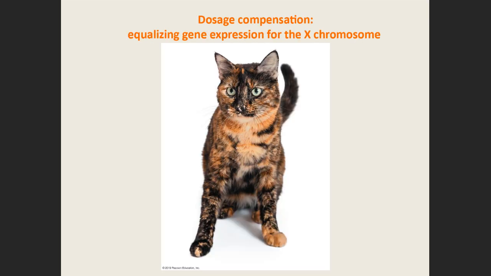Now, one of my favorite slides. I told you females can show mosaicism if a phenotype can result from expressing one X or the other, and there's a locus on the X chromosome of cats, which is called the orange locus, that has different alleles, and you see that all the cells from these patches on this cat all originate from a single cell during development that has inactivated one of the X and left an allele that expresses the black pigment, and the descendants of these cells then form these patches